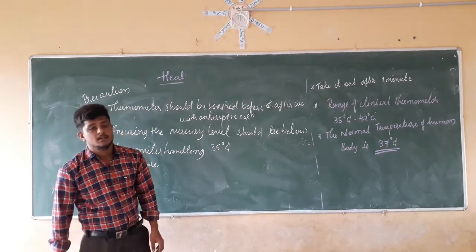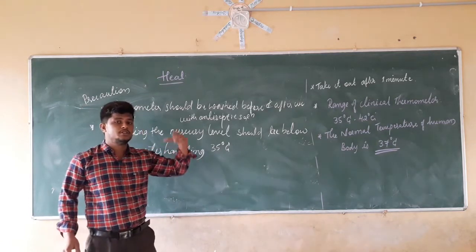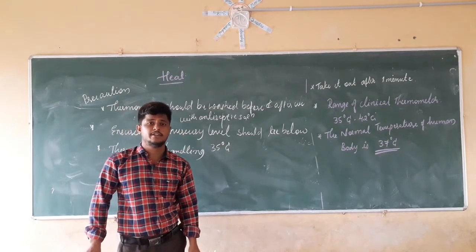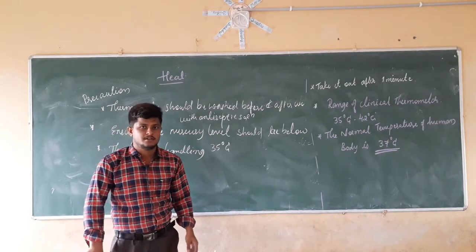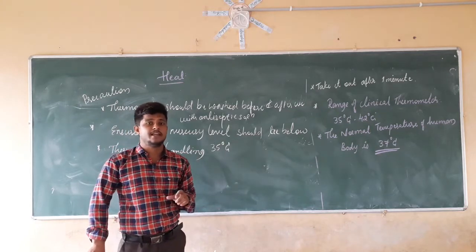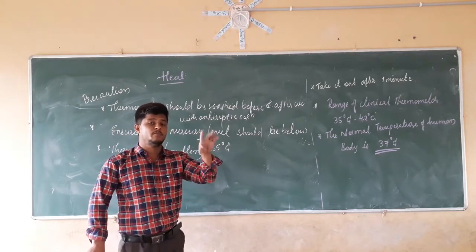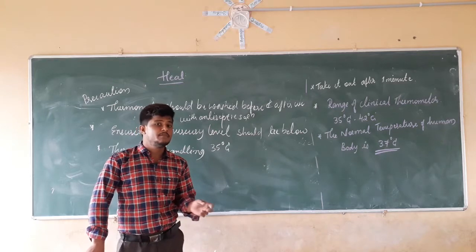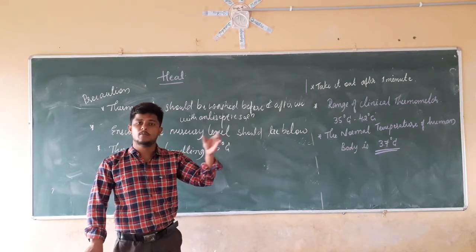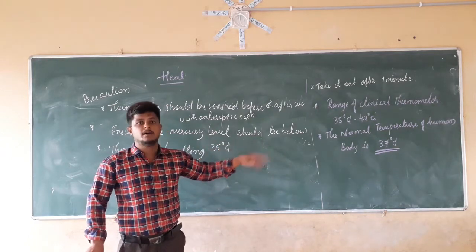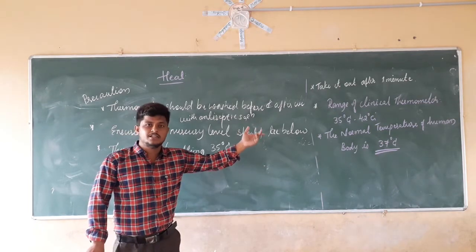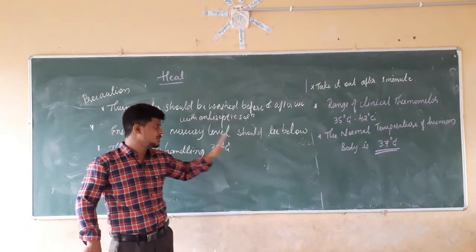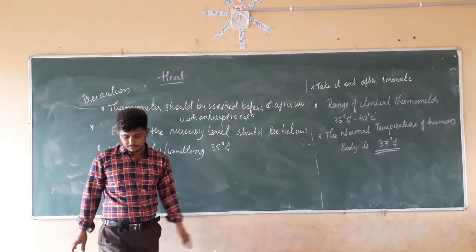When you take the body temperatures of the 10 persons, analyze all of them and come to a conclusion about what the average body temperature of human beings is and what the range of body temperature of human beings is. Already I have given it, but you have to check. We have to do an activity to prove that the things given in the textbooks are correct. For that reason you should do these things.